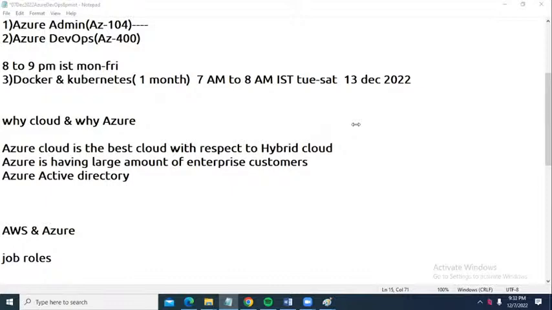Okay, we can't correlate them. Some services are the same, but the interface is different. The way of connecting to both clouds is different. So in case of AWS, we don't have the concept of a hybrid cloud? We have that concept, but with respect to hybrid cloud, Azure is better. Azure provides sophisticated environments and APIs.